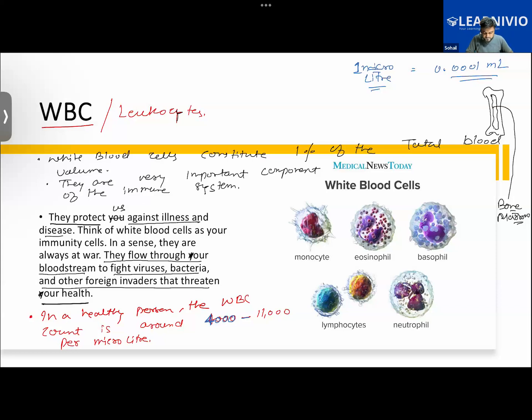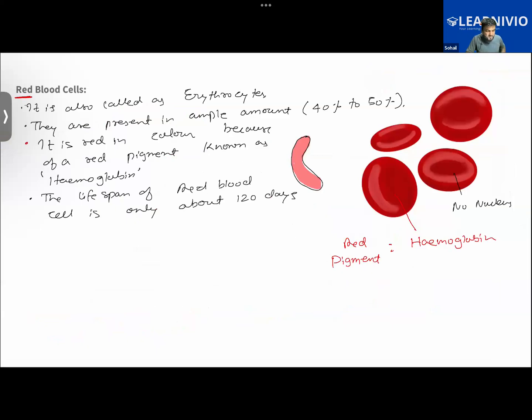Then we were learning about red blood cells, and the reason why they are called red is because